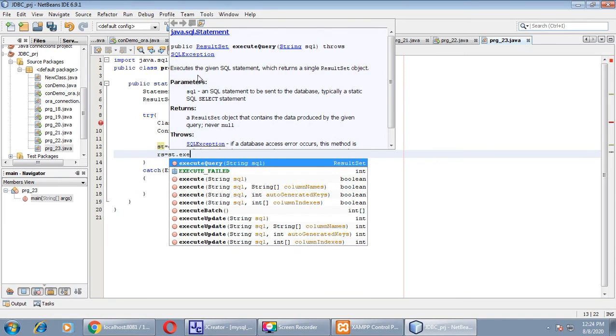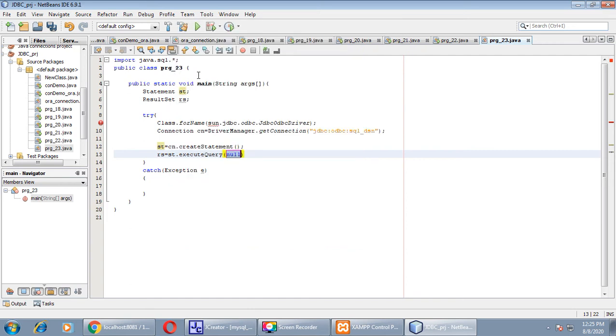Execute query because we want to fetch all the records from the student table of test database of MySQL, right? So we took execute query, pass the query as a parameter. For this function I will write select star from student, as we have already inserted 4 records in this table.